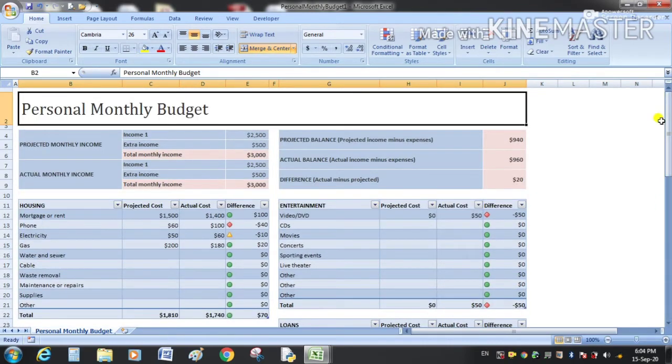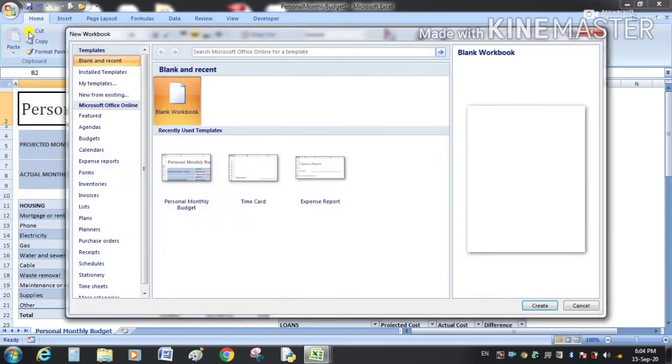In this way we can select any of the recently used templates, and if we have created our own templates, then from this New we will select My Templates.